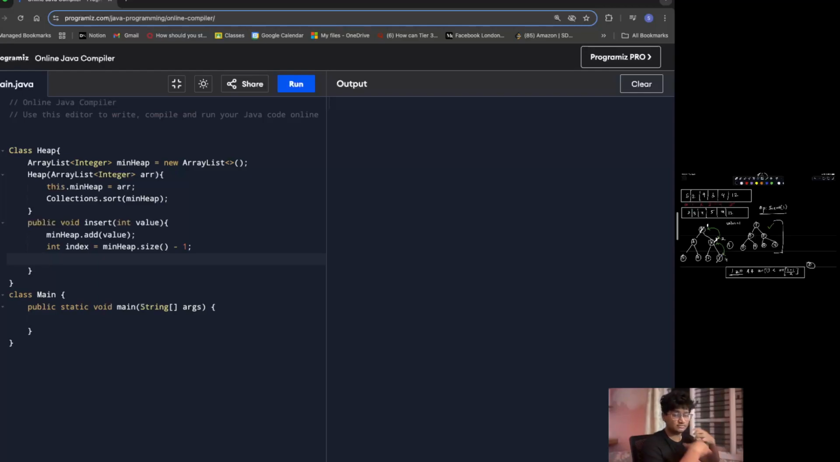I'll have to do this swapping so that it is a min heap at the end, right? So that's exactly what I'm going to be doing. While i is greater than or equal to 0. No, i should be greater than 0, right? Because you're doing i minus 1. If it's 0, why will you be doing 0 minus 1, right? Perfect. And min heap dot get of i